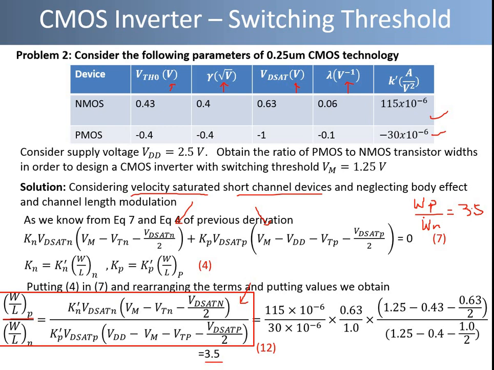So from this example as well as the previous discussion, you can easily see that the switching threshold is entirely determined by the physical parameters of the technological process, which include the transconductance, gain factors, drain to source saturation voltage, threshold voltages, and relative aspect ratios of the transistors. It means the switching threshold does not depend on the biasing condition. It is purely a technological aspect and design problem.